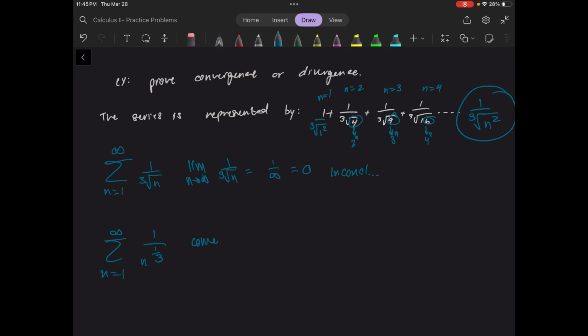So it converges because p is equal to, no, it diverges, right? Because it's less than 1. P is equal to 1/3, which is less than or equal to 1. So it diverges by the p-series test. Right, so I almost messed up there. This is p, right? And if it's less than or equal to 1, of course 1/3 is less than 1,